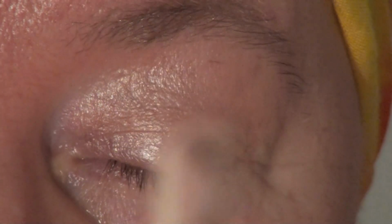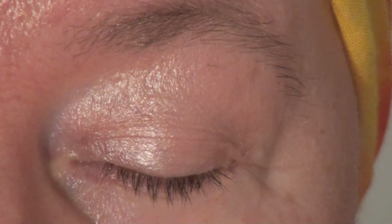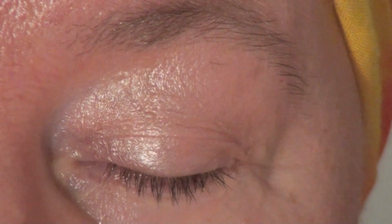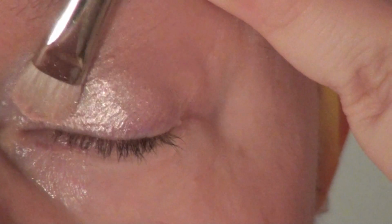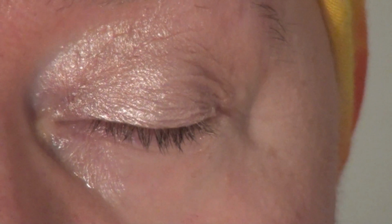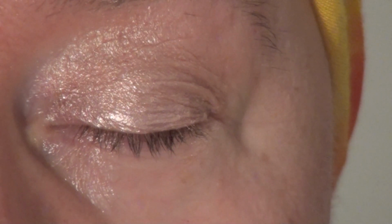Next, I'm going to take my MAC 230 brush, and it's a flat, compact bristles brush, and it's very good for applying eyeshadow all over the lid. And I'm taking MAC pigment in ShimmerTime. It's a very, very sheer oyster peachy pink color. I think it really brightens any eye color except for very dark skins, which will be too bright. But anyways,